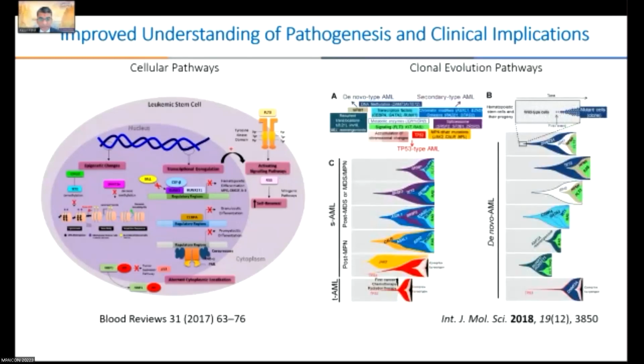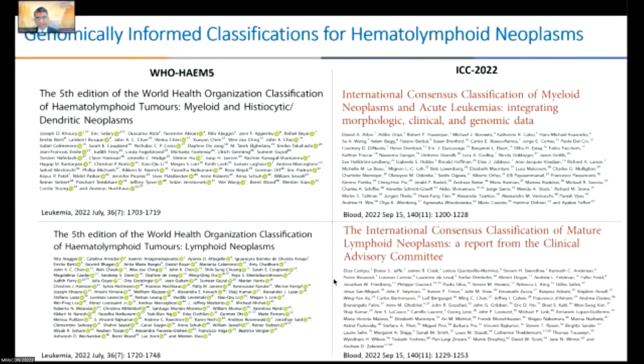that can lead to the hematopoietic neoplasms. Beyond understanding this at the cellular level, we have now also identified a variety of different pathways that are utilized by diseases such as acute myeloid leukemia, for example, as shown here. The pathways altered in de novo AML versus secondary AML, and in what order these mutations are acquired, are shown here. Combining all of this information really allows us a very powerful insight into the pathogenesis of these tumors as well as